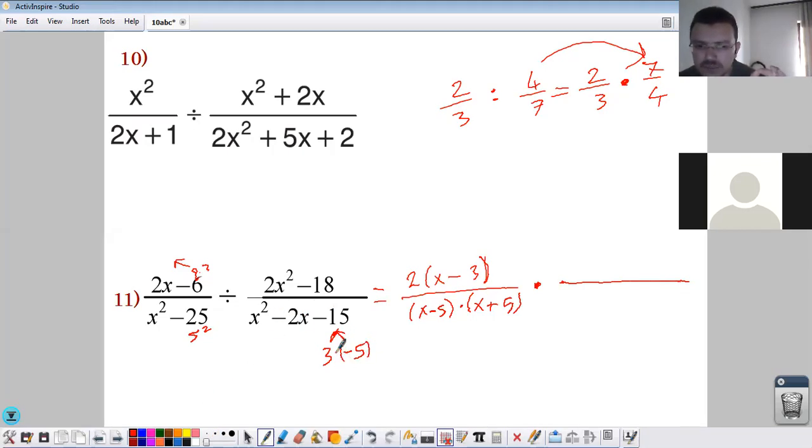So then I check minus 5 times plus or minus. We need the result to be minus 15. To get minus 15, minus times minus makes plus, minus times plus makes minus. So I need to use plus 3. X plus 3 and x minus 5. I factorize the denominator and write it up because I have to flip this one. From division to times we change. And then in the numerator,